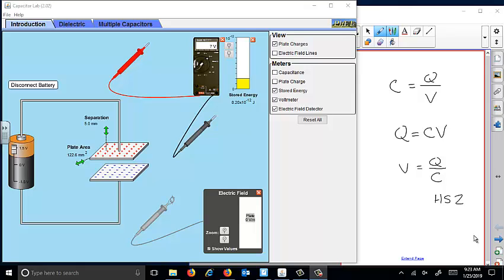Okay, so today is capacitor day. So this is a PhET simulation. So it's talking about capacitors, and so remember the capacitors are conducting plates, and they're used for storing